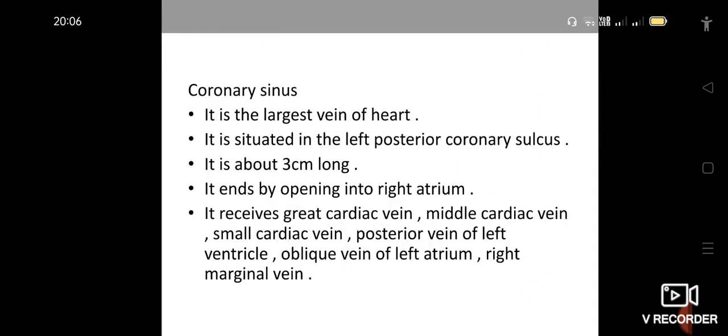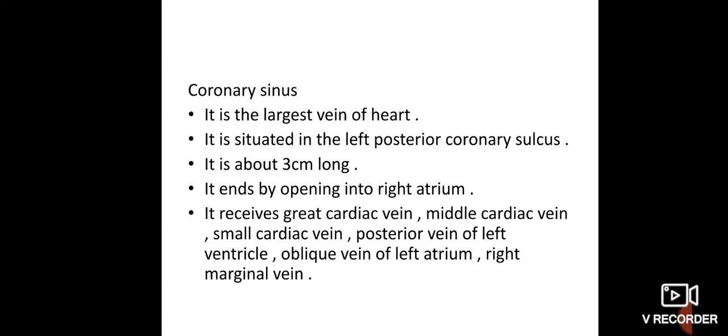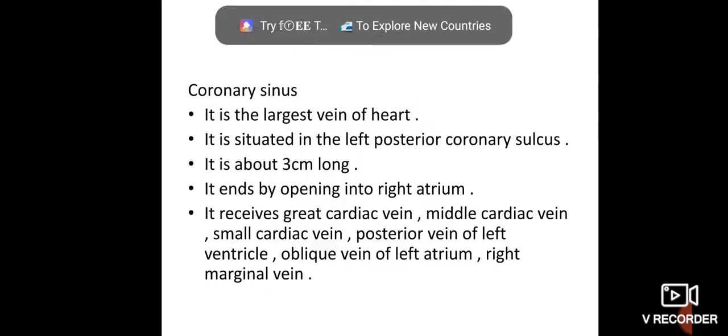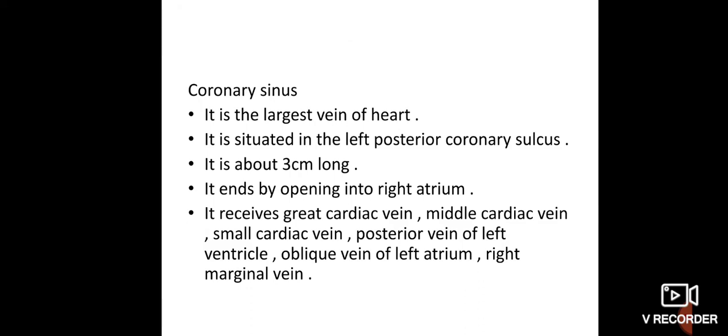Then, the coronary sinus is the largest vein of the heart. It is situated in the posterior coronary sulcus. It's about 3 cm long and ends by opening into the right atrium. It receives other veins like the great cardiac vein, middle cardiac, small cardiac, posterior vein of the left ventricle, oblique vein of the left atrium,